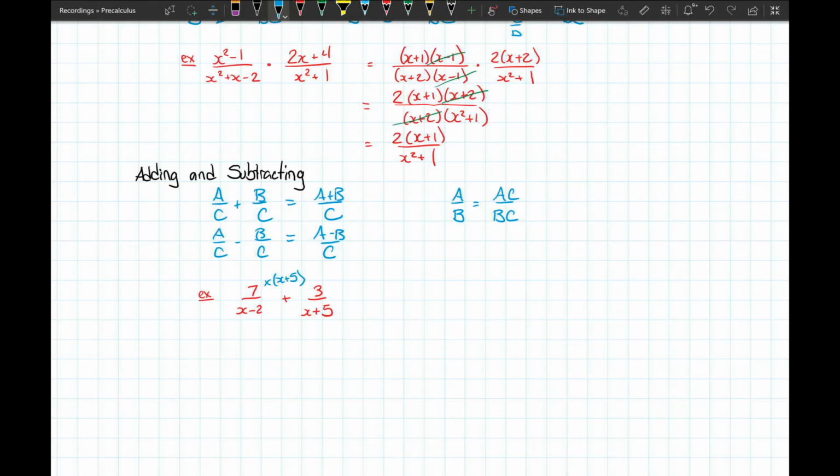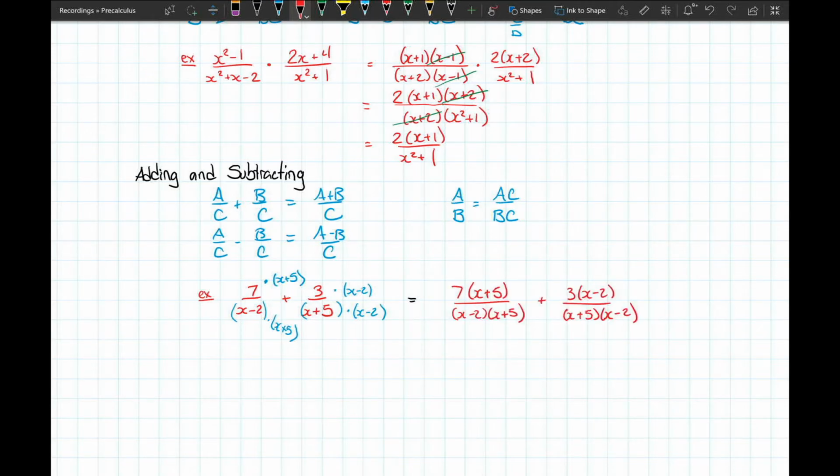Now, using a times, like a cross symbol here, doesn't really help to distinguish between x's and multiplication. So a lot of times it's better to change that to a multiplication dot instead. Down at the bottom here, I'm going to take x minus 2 and pop another factor onto it by multiplying by x plus 5. And on the other fraction, well, I have an x plus 5, and I can add another factor on there, multiply a factor of x minus 2. Now that looks pretty messy there,